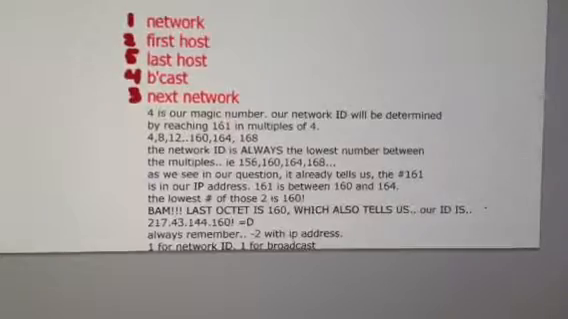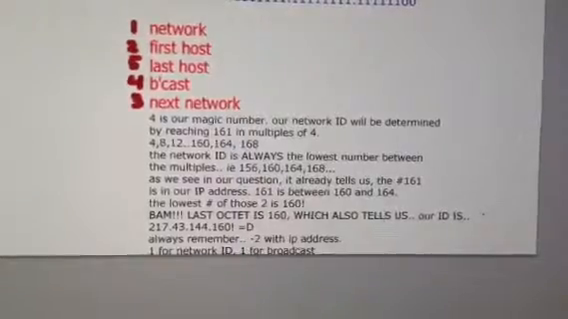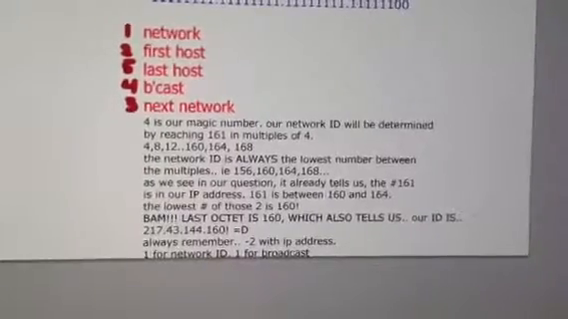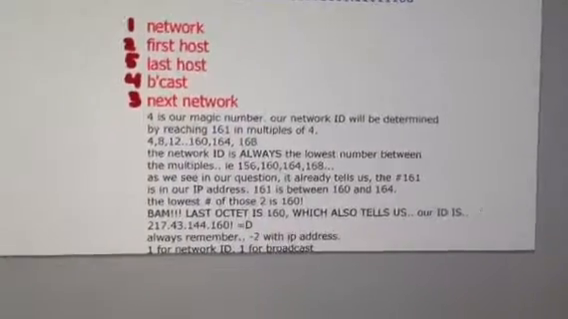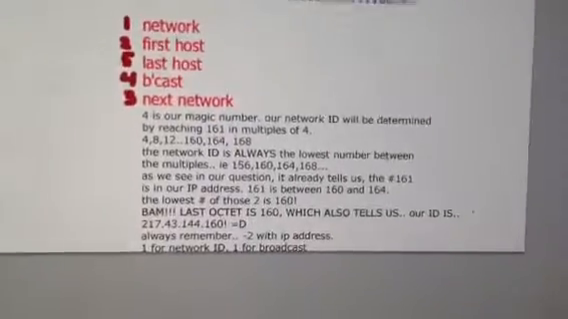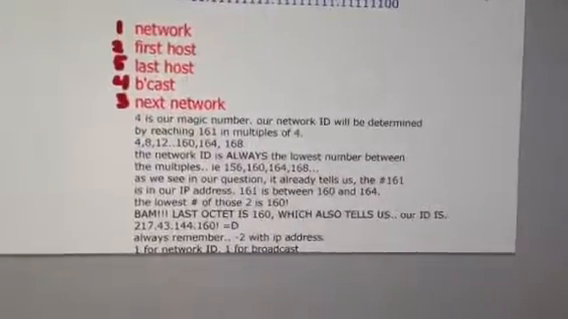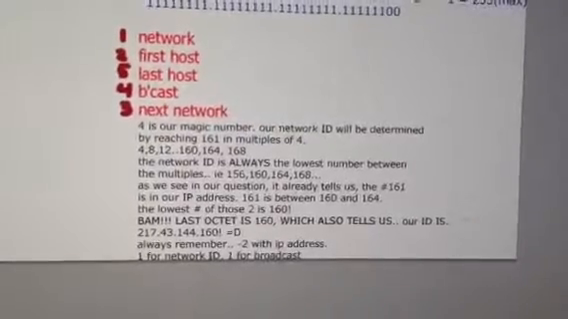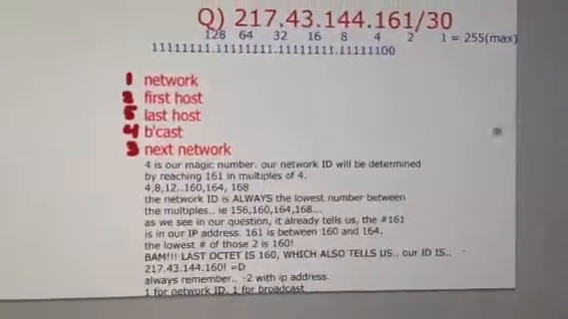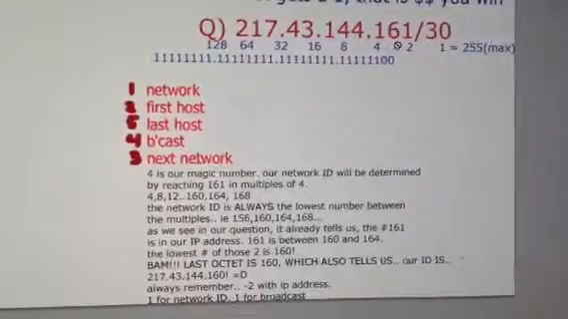You need to start at 0. 0, 4, 8, 12, etc., until you hit 160, 164, and 168. There's no point to go past 168. The network ID is always the lowest number between the multiples. Example, 156 precedes 160. 164 is after 160. Our network IP address in our last octet, 161, tells us our IP address up here,